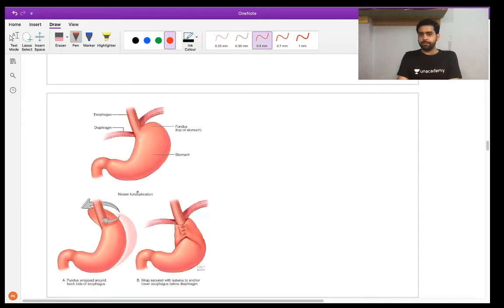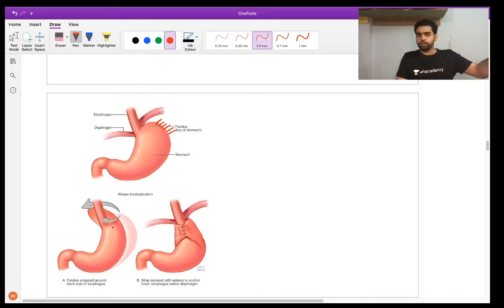This is basically a patient in whom you are performing a Nissen's fundoplication. What you do in Nissen's fundoplication is take the fundus of the stomach, wrap it around the lower end of the esophagus, and then suture it to the other part. Now, when you're doing this, you have to make sure that all the structures which were attached to the fundus are free. So before suturing it to the other part,